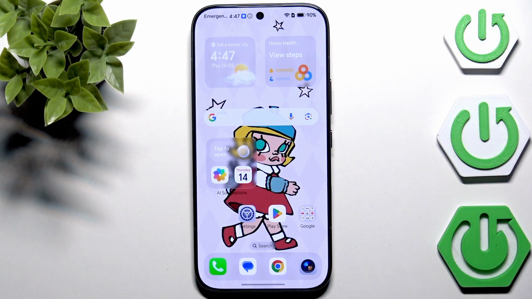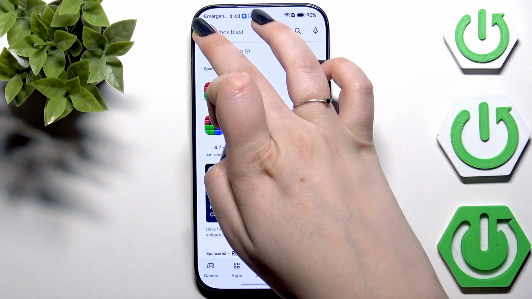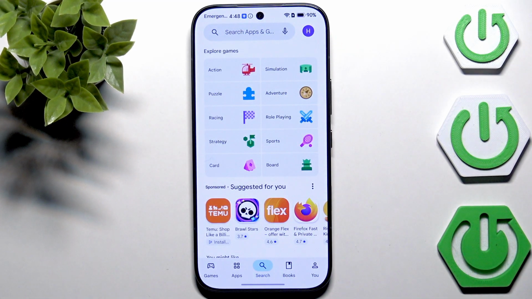So first of all, you need the internet connection, so make sure that you've got one, and I highly recommend to use Wi-Fi instead of mobile data, so you can avoid some charges during downloading something, and then you can open the Play Store. However, you need to be aware that you need to be logged in into your Google